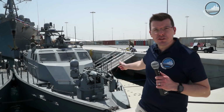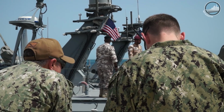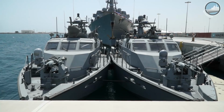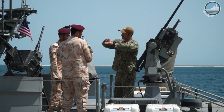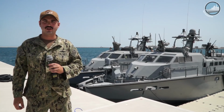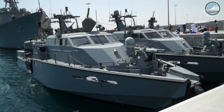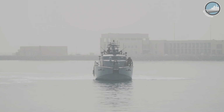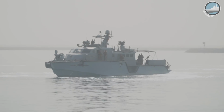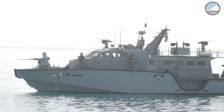Next, let's find out about the Mark 6 patrol boat of the US Navy. Good afternoon, I'm Lieutenant Peter Bew. I am the Mark 6 Patrol Officer. So the Mark 6 is one of the most capable platforms the U.S. Navy has right now. She's brand new, but some of her mission sets are maritime infrastructure protection, critical infrastructure protection,